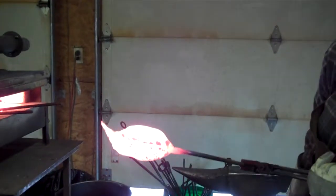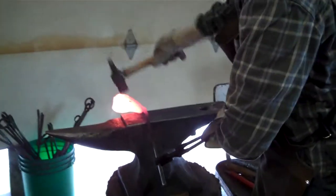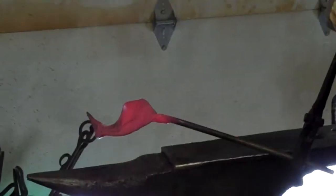Once I get to the point with that where I've made the line as much as I want, this one's a little further along, then I'll start forming the leaf by bending it and shaping it, and this is kind of getting to where I want it. I like the shape of that, and sometimes that takes me a few times also, and I got to clean it off again,